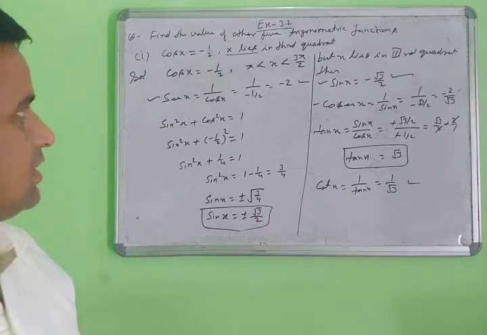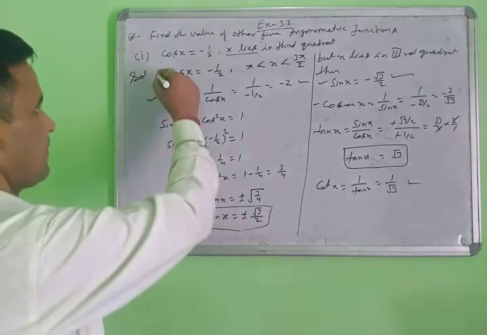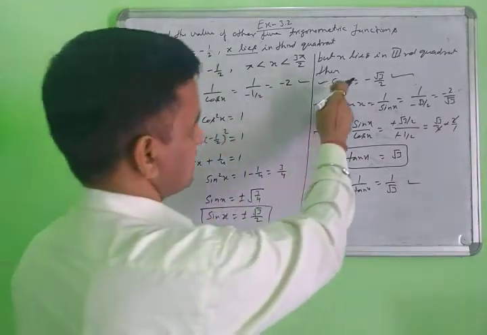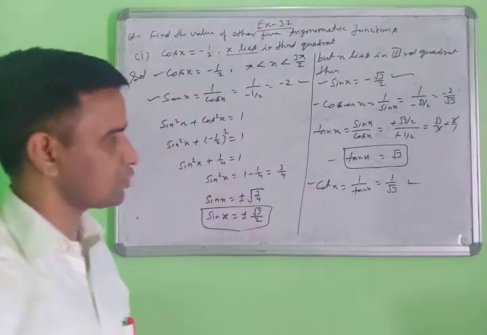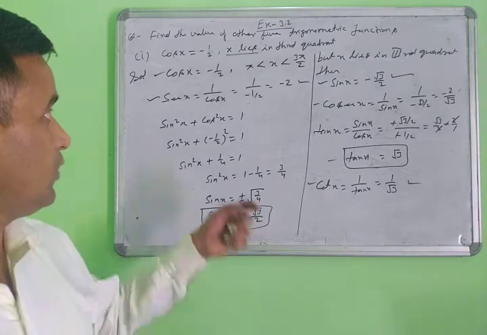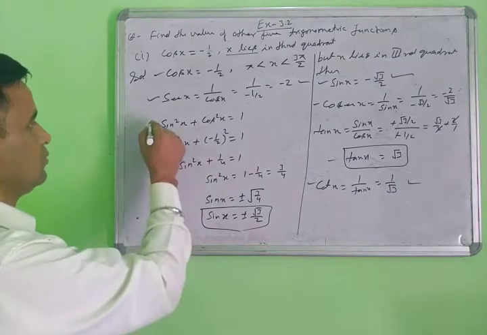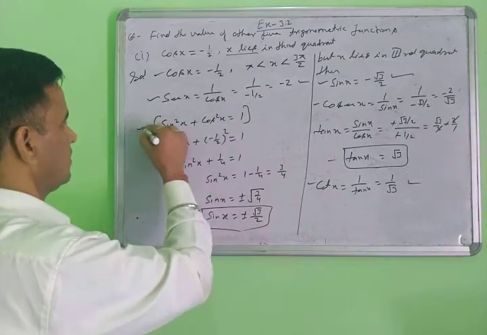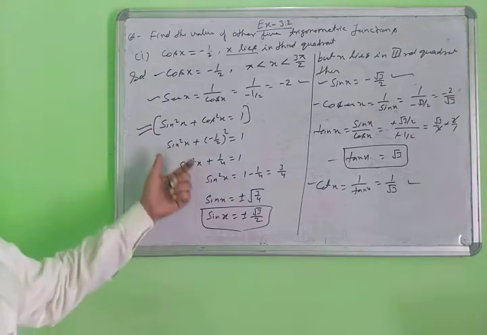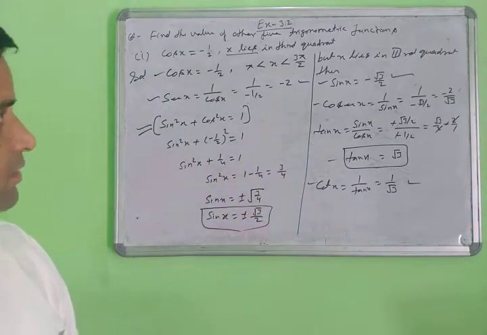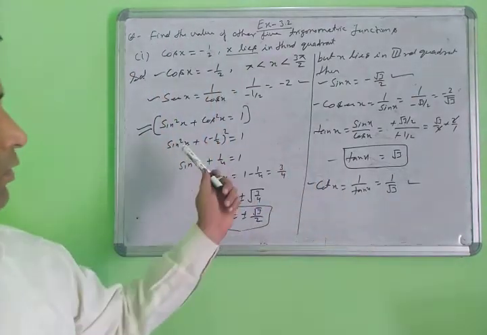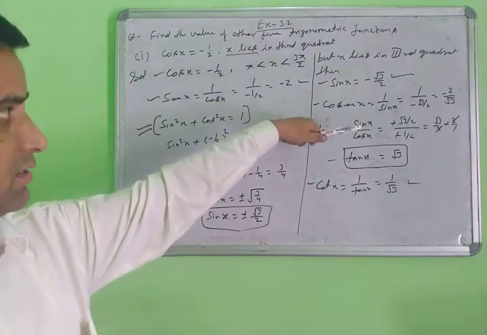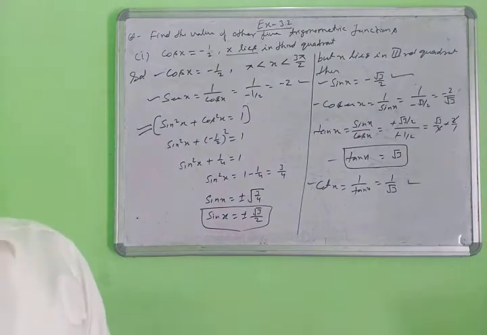All are you getting here. Cos x already given here, sec x you find here, sin x here, cosec x here, tan x here and cot x here. All trigonometric ratio values you find here with the help of this identity. Now you are using the single identity of this in this identity. Then find here all trigonometric ratios of the third quadrant. Yes, note down. Then next question.